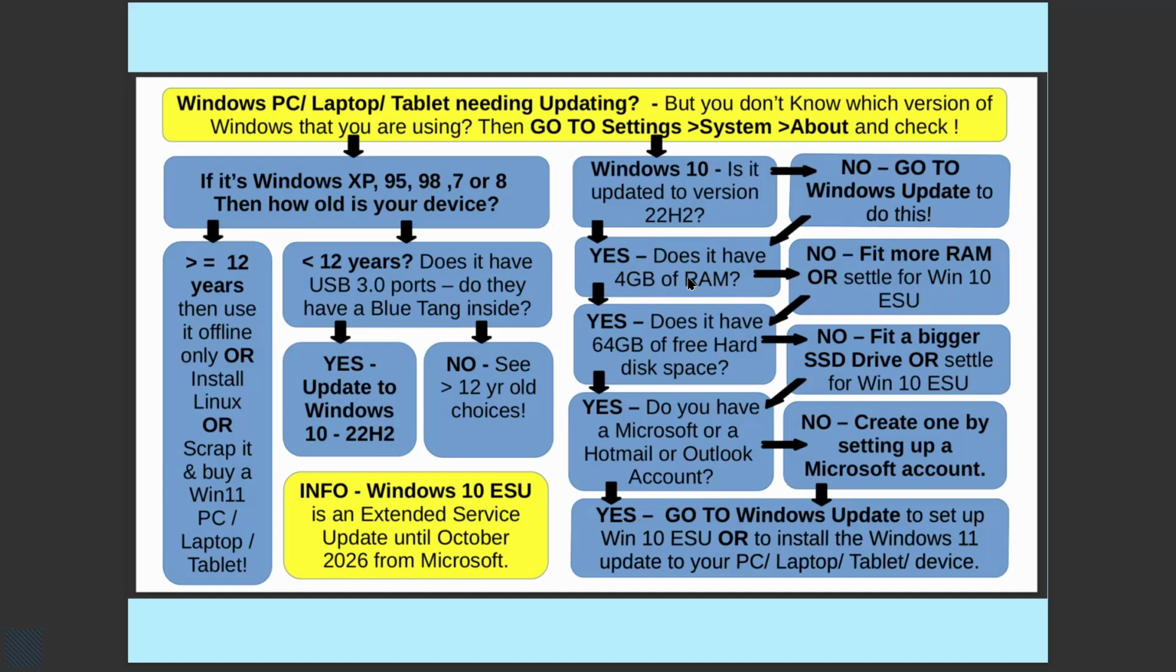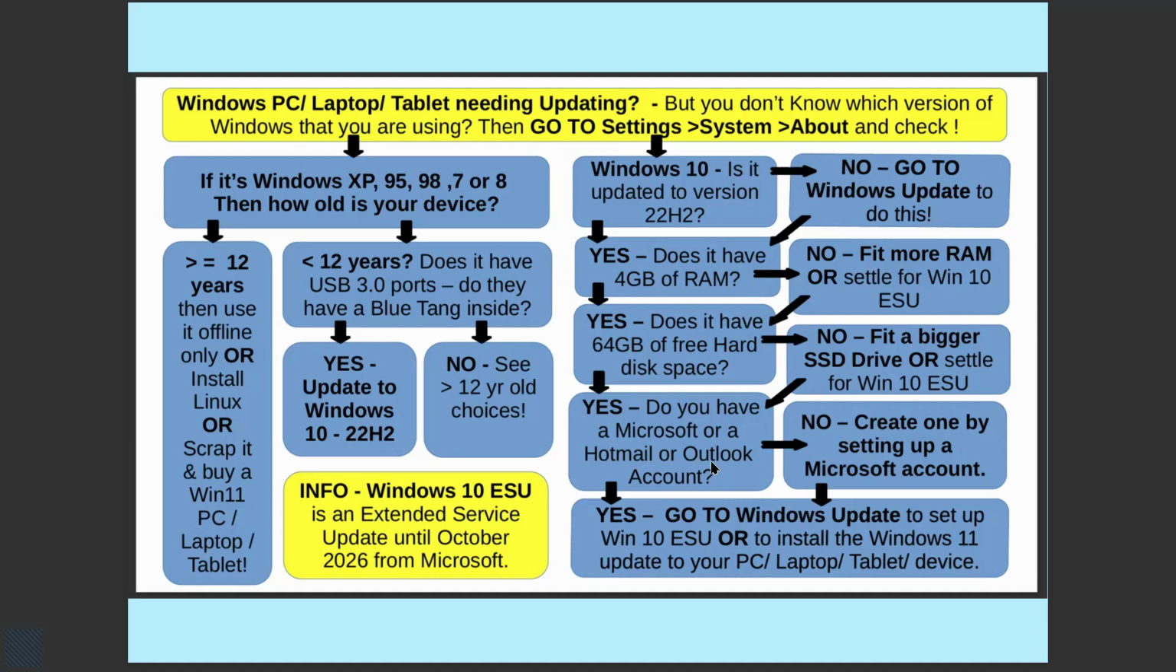If you do have 4 gigabytes of RAM available, does your PC or laptop or device have 64 gigabytes of free hard disk space? If it doesn't, the alternatives are fit a bigger drive, which these days is called an SSD, a solid state drive, rather than a HDD, a hard disk. Or if you have less than 64 gigabytes of hard disk space, then you need to settle for Windows 10 Extended Service Upgrade. Finally, the hurdle is, do you have a Microsoft account, which is typically a Hotmail or an